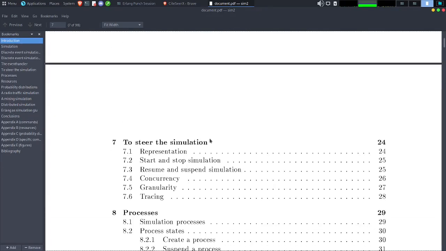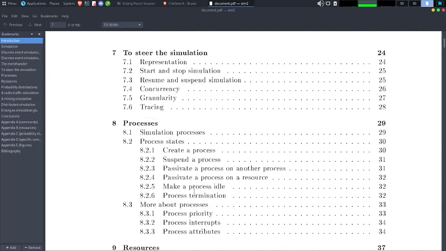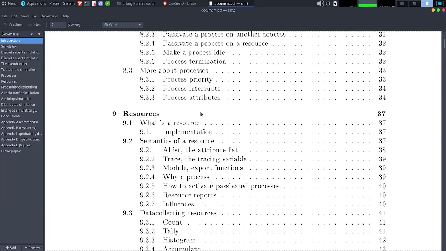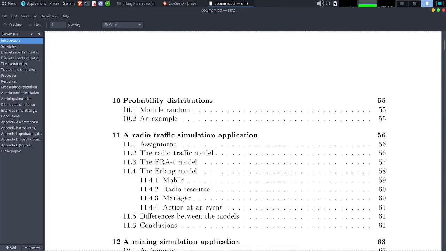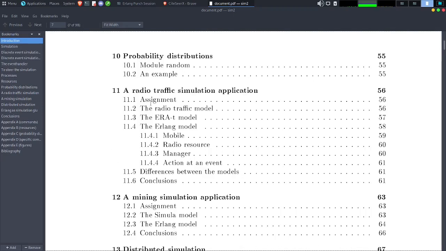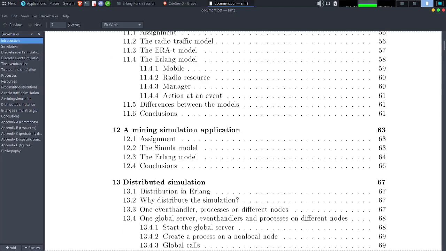Then we have the store simulation, probably just read the representation. Then the simulation processes, I think I will read at least the first part here. Same for the resources, because that's quite huge. Probability distribution, probably just read the introduction, and I would like to read at least one of the two simulations we have.